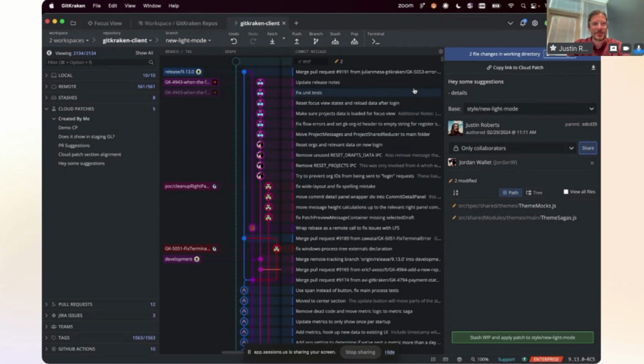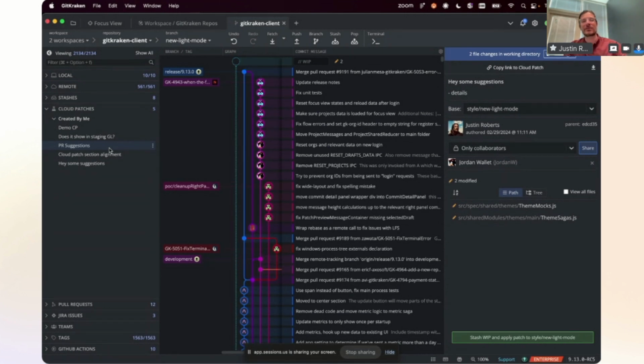The second use case that we've seen users use this for is basically what we call, in quotation marks, cloud stash. Stashes are little works in progress that you want to save, and when you do a git stash, that will actually save them as part of that repo, but it's only on your local machine. So if you're one of these devs who likes to have a lot of threads open and you've got a lot of ideas and you're stashing them in your Git repository, that's great if you can get to them on